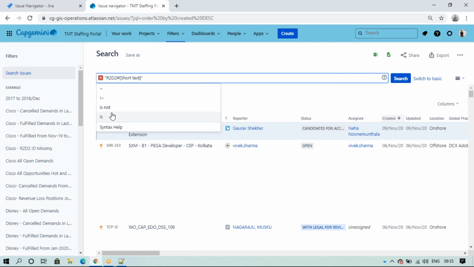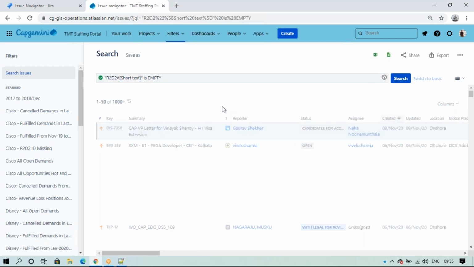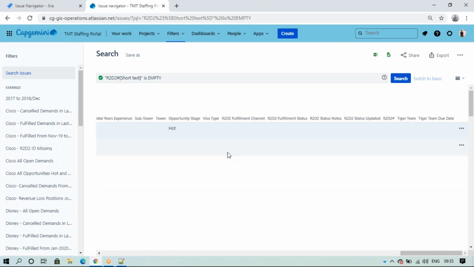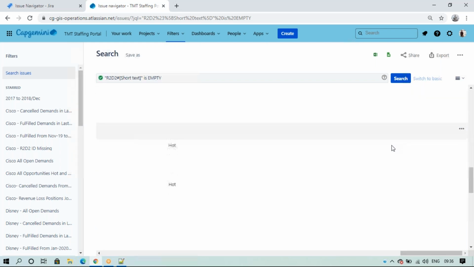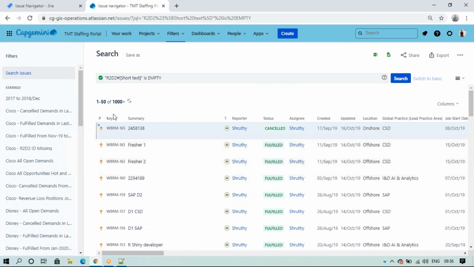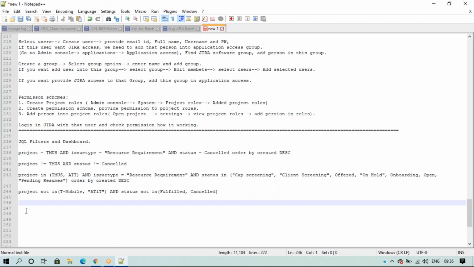And how it will work with is empty, not empty. If it is empty, the empty ones will come. If it is not empty, the not empty issues will come. So is empty means, can you see here the auto-do? All these issues have auto-do empty. That's why these issues come here. Okay. So is empty or not empty, we can write it like this.